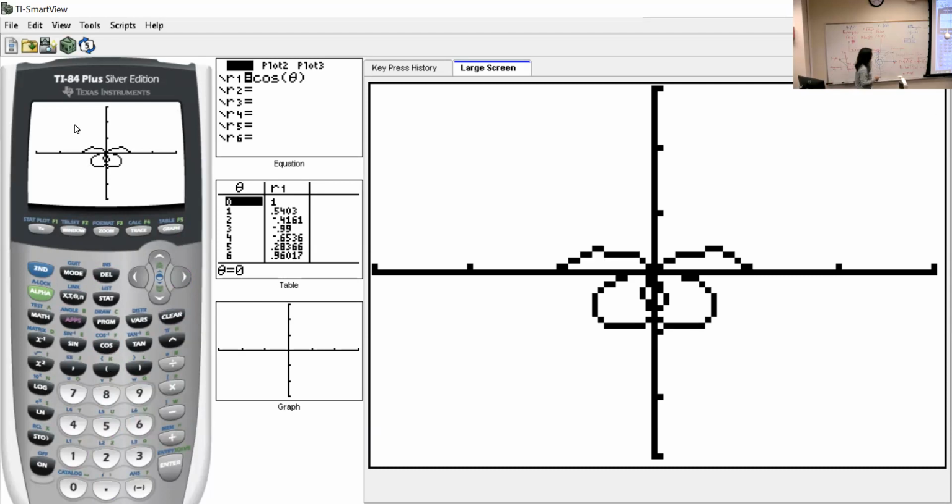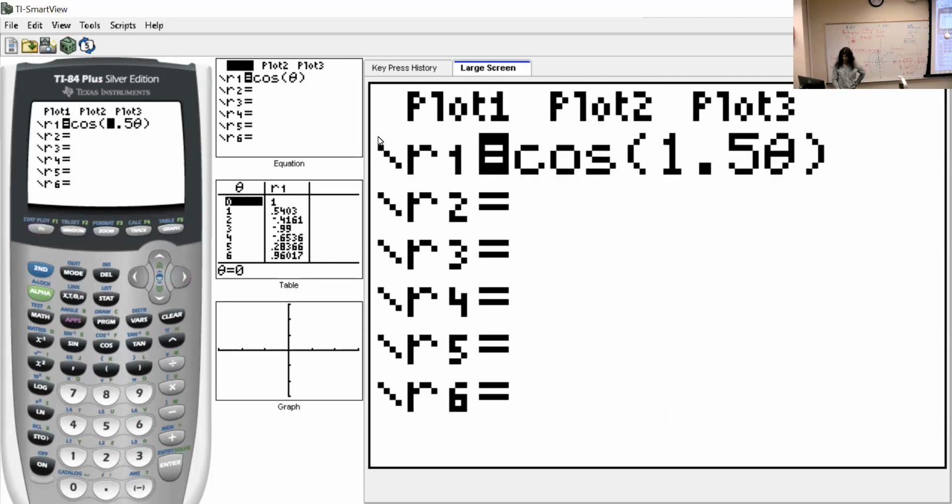That tells you what the path is. Starts over here, goes that way, comes over here, goes back up, and back. So depending on the value that you put in there, the shape would change entirely. If you put in 0.5 theta,